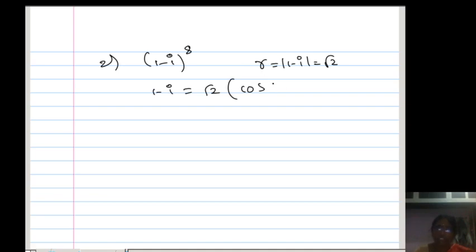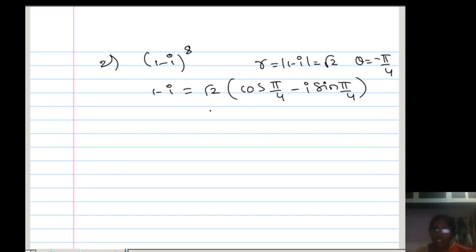Cos of minus pi by 4 is cos pi by 4, plus i sin of minus pi by 4. Why? Because here theta is minus pi by 4, the principal argument, which lies in the fourth quadrant. I already discussed this in the first chapter. Sin of minus theta is minus sin theta, that's why you have the minus here. Sin of minus pi by 4 can be written as minus sin pi by 4. Cos of minus pi by 4 is cos pi by 4, since cos is an even function and sin is an odd function. Otherwise you can multiply and divide by root 2. But polar form is the standard form.